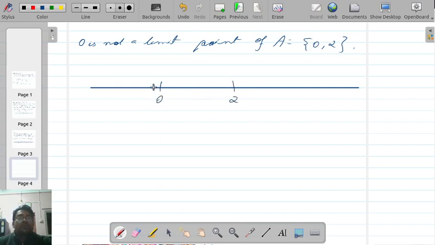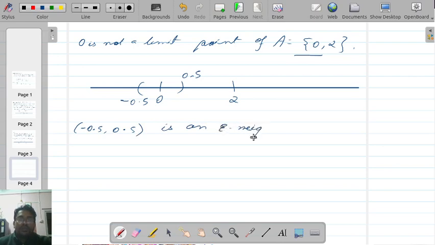We can find a neighborhood around 0, say this is minus 0.5 to 0.5. So this neighborhood contains only the point 0 of the set A. It doesn't contain the other point. So this neighborhood contains no point of capital A other than 0. So minus 0.5 comma 0.5 is an epsilon neighborhood